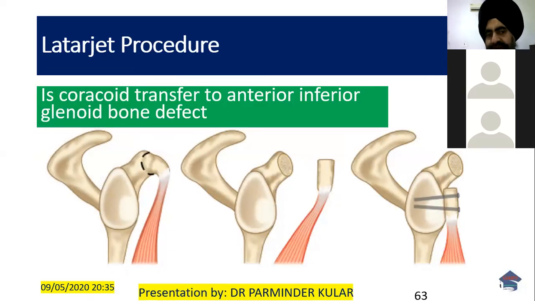One is the Bankart repair and the other is the Latarjet procedure. Here the coracoid process is osteotomized and it is attached to the anterior rim of the glenoid. It covers the bone defect and prevents the redislocation of the shoulder. This is a procedure which is done when the patient is very demanding. He says he wants to do wrestling after the surgery. So we can straight away go with the Latarjet procedure, or it can be done in neglected recurrent dislocations when the shoulder is dislocating, or in failed Bankarts.